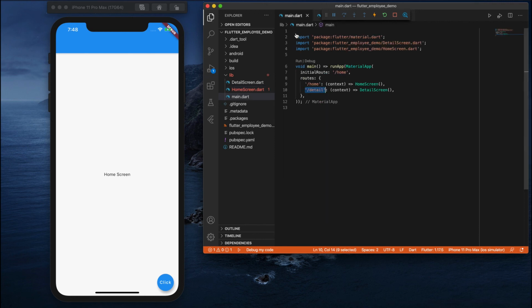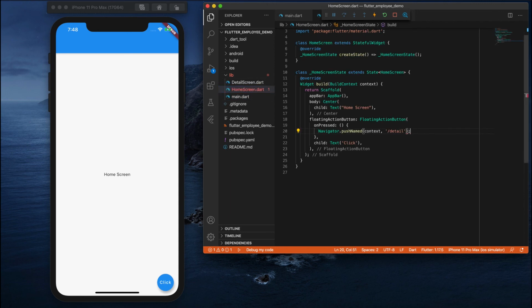If you go to the main file, you can see it's detail. Detail is the key that we have written. So when we tap on the button, it will navigate to the detail screen. This automatically creates a back button on this app bar. See, like this we can navigate. This is how we can create navigation using routes.